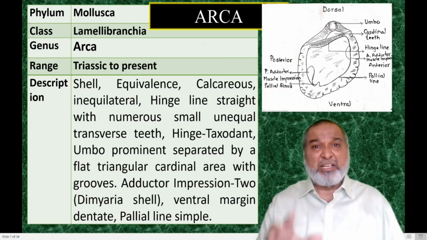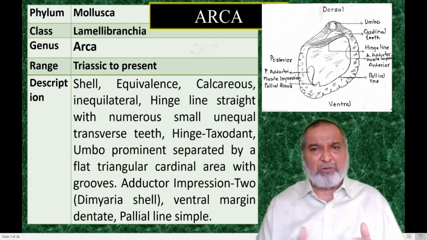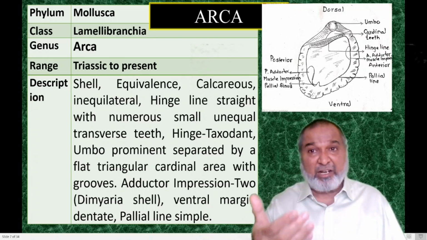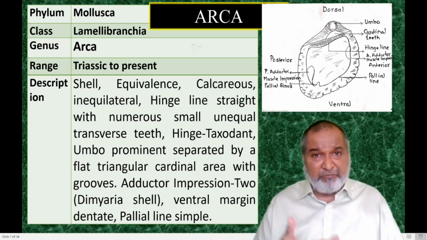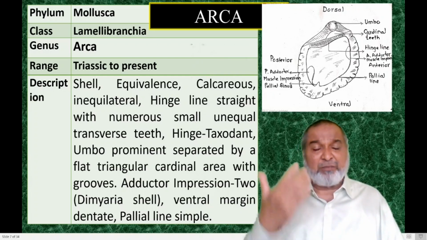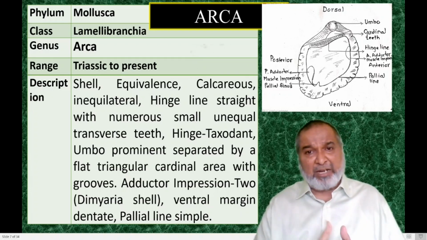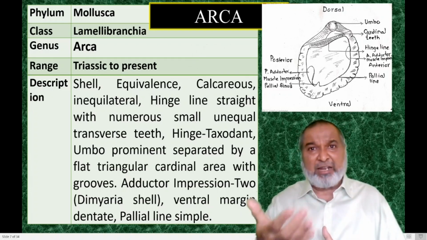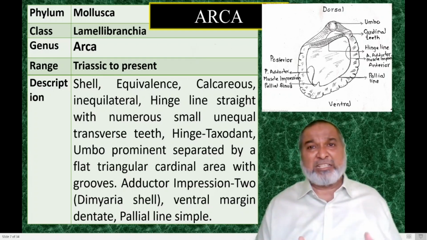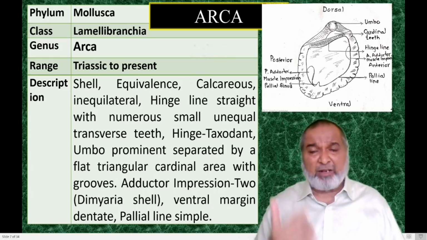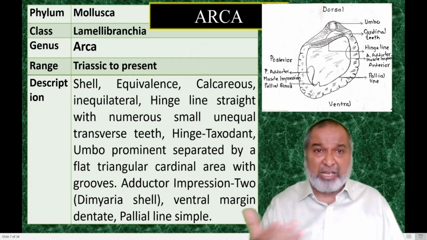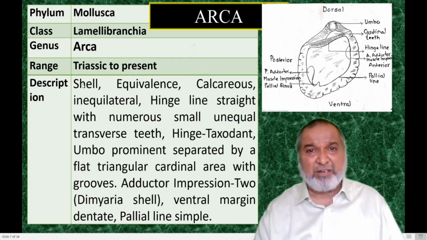The next one, the description is given. This description is theoretical, so that whenever you're going to see the shell, you know what is written about it. These are the things you are going to write down in the journal. But at the same time, when you're going to study them, sometimes you don't have the theory. Sometimes the practical and theory go simultaneously, and when the practical comes, your theory has not been covered. At that time you may have a problem. So this part is given so that with the reference you can study that particular shell.